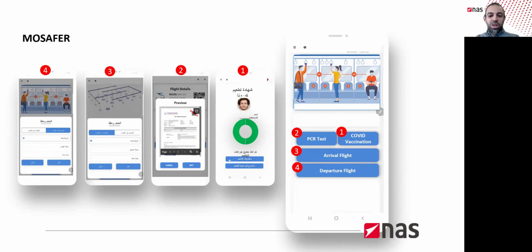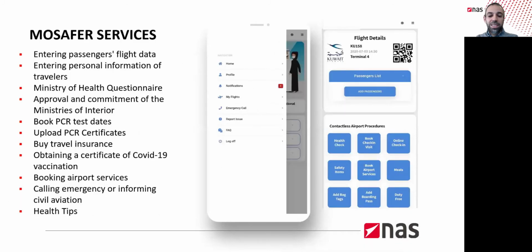And the other 2 are workflows for arrival or departure flight, which ensure that the passenger enters all relevant data, as well as complies with all travel requirements. Here is an example of a departure flight. In this example, the passenger will be able to complete a health check questionnaire, book a check-in visit,